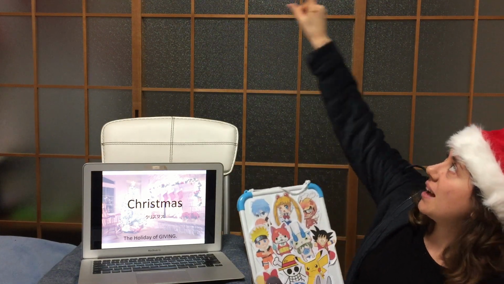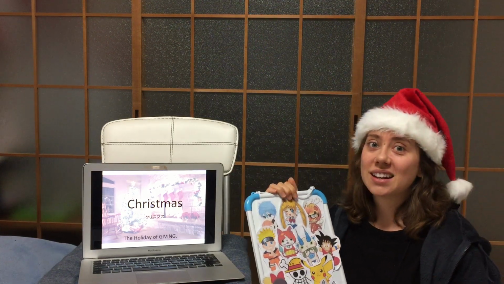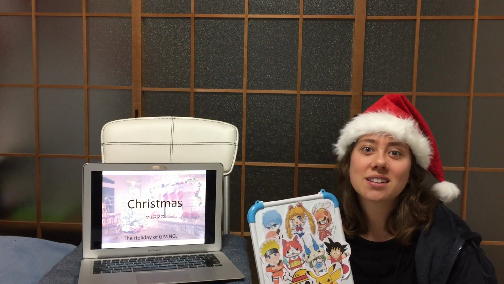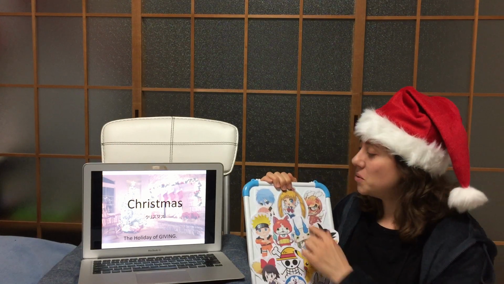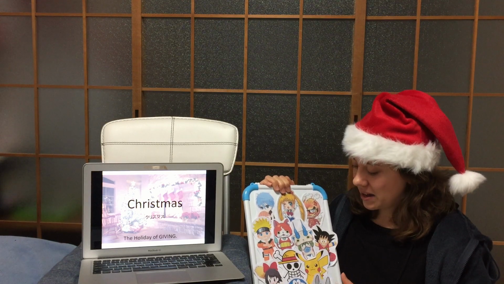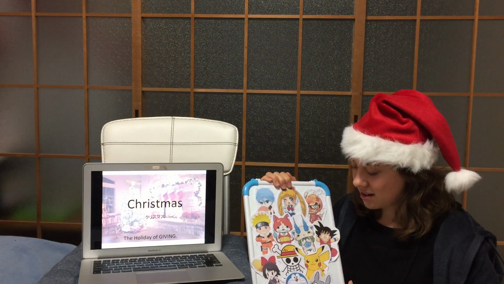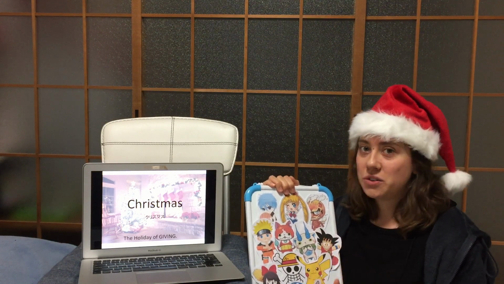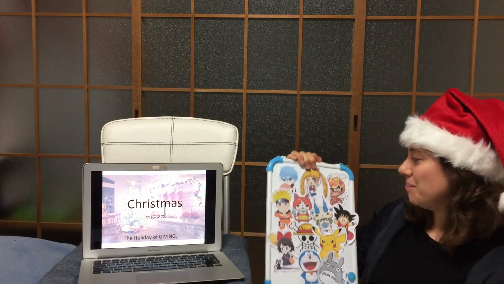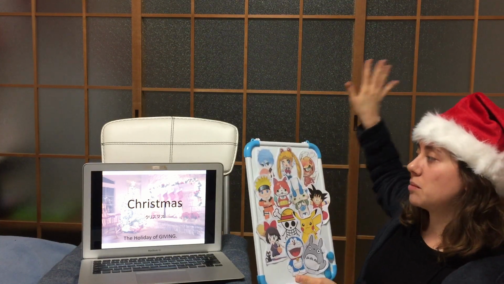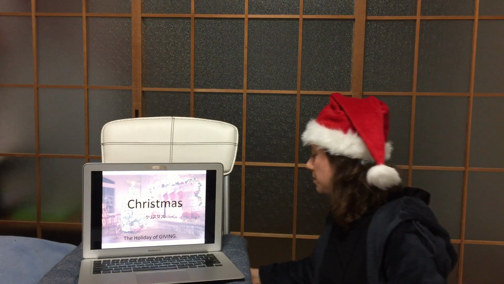So these are all characters that I would put up right next to each other, in a row at the top of the chalkboard, and I wouldn't say anything else, but the kids would get so excited about it. They'd be talking about who's their favorite character, who's the best character, and if there's anyone who could name all of them, so that was really engaging to them, which is really neat.